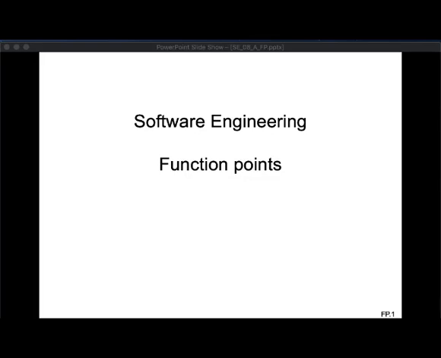Good morning. Today we have to analyze the concept of function points. That is a method that will allow software engineers to evaluate the dimension of a software project. We are interrupting for a while the analysis of current software architecture, so we are moving away for today's class from web services and service-oriented architecture, and we are getting back to a more managerial, if you like, aspect